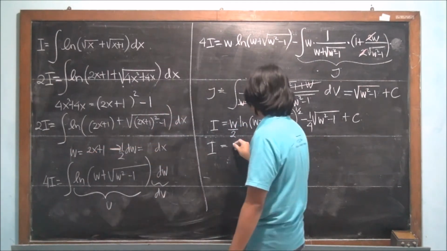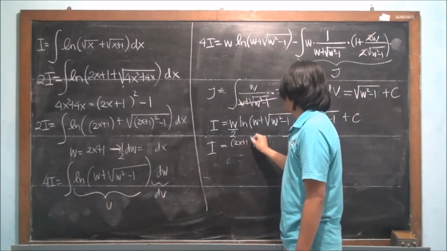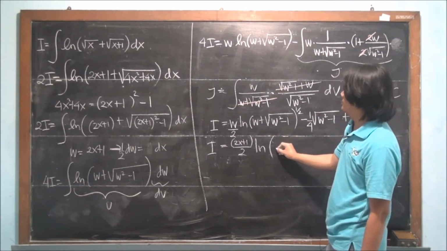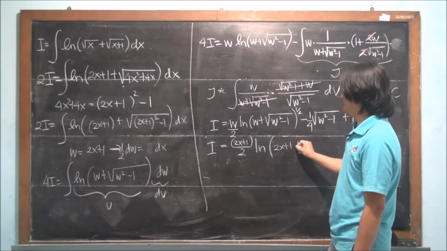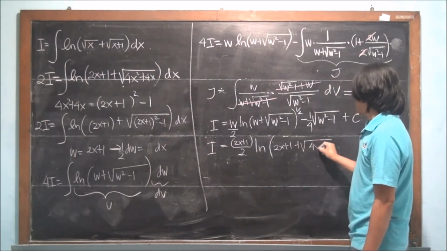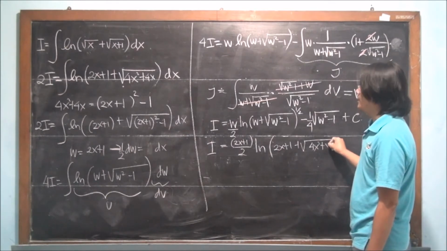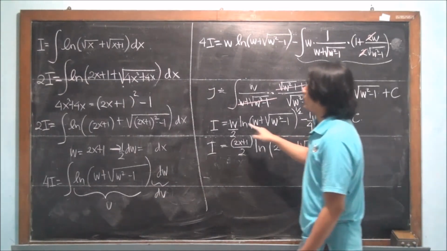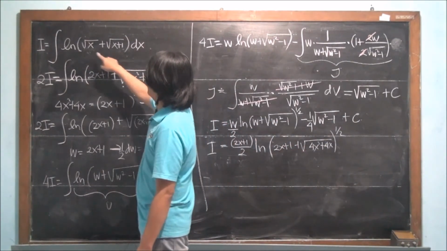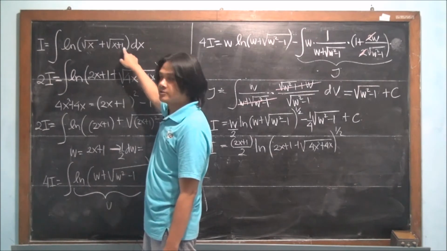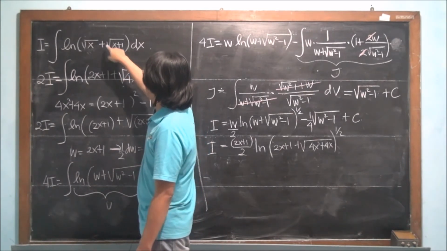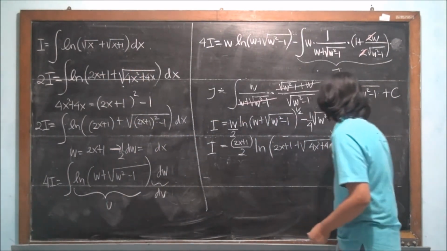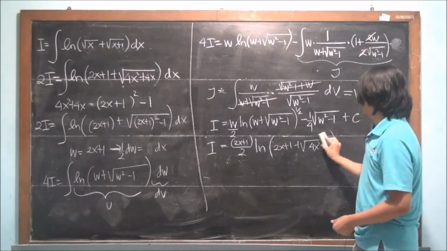Okay, so I is equal to, let's write back w is 2x plus 1. So 2x plus 1 over 2 natural log of 2x plus 1 plus square root of 4x squared plus 4x, to the power of 1/2. Remember that we have this expression from squaring this guy. So taking the square root of this guy will give us back this guy, right? So this to the power 1/2 is exactly